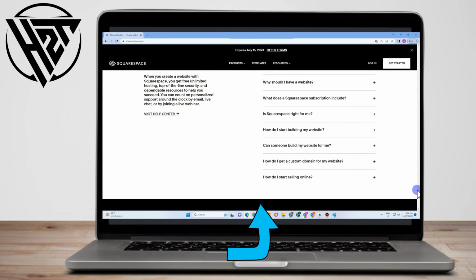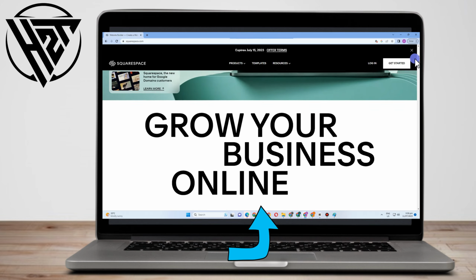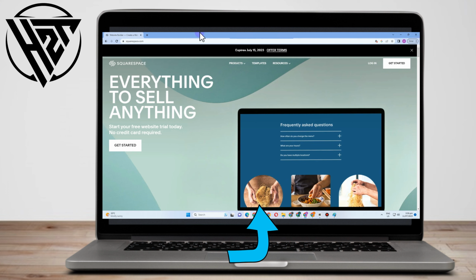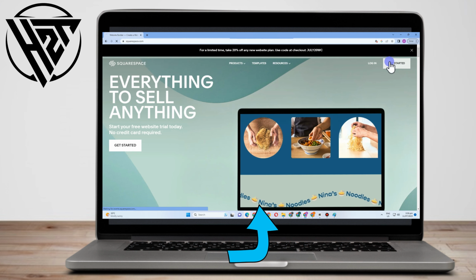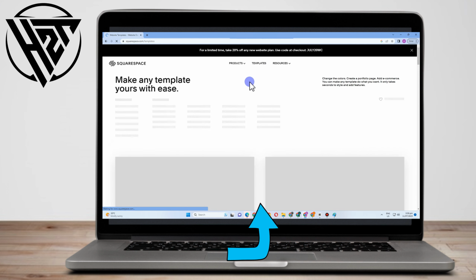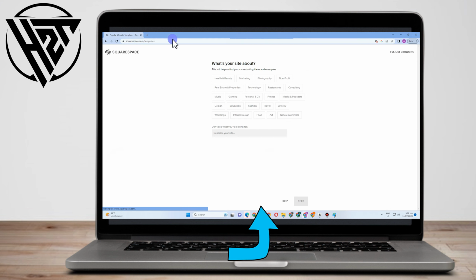This Squarespace tutorial will assist you in determining for sure whether it is the best software for you, and if you have been pondering creating your own website for some time, or simply seeking an alternative to Wix and WordPress. If you think that Wix and WordPress are a little bit hard for you, then after watching this, you can say if this is the best software that fits for you. So to start, you just have to sign up